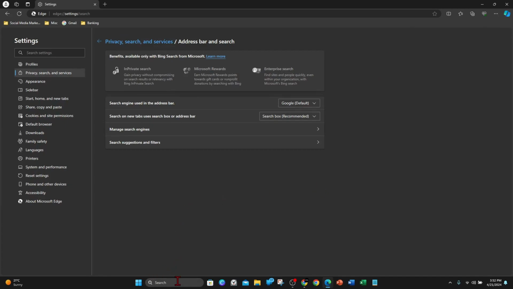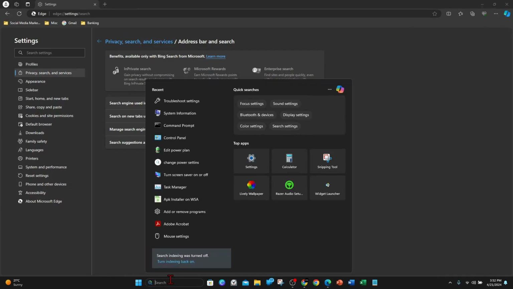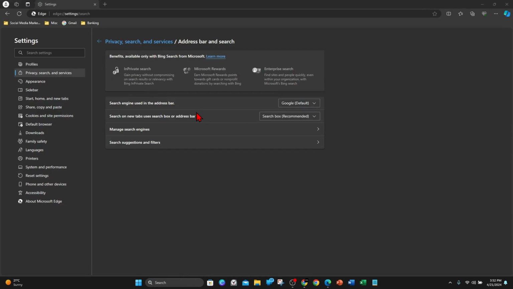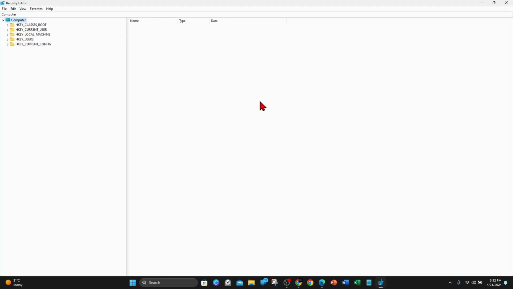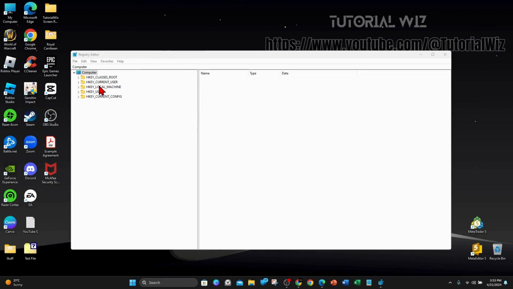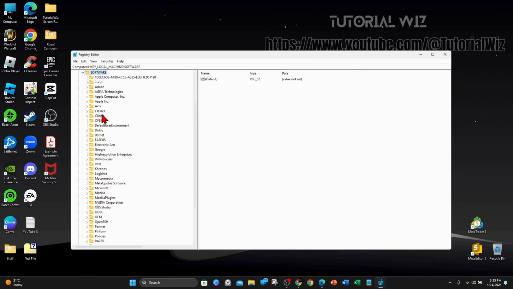Alright, what you need to do is head down to search here and then type in registry editor. There it is there under best match, so click into that, click on yes, and then from here you want to click on HKEY_LOCAL_MACHINE and then click on software. Then you have to look for policies here, which is here, double click,